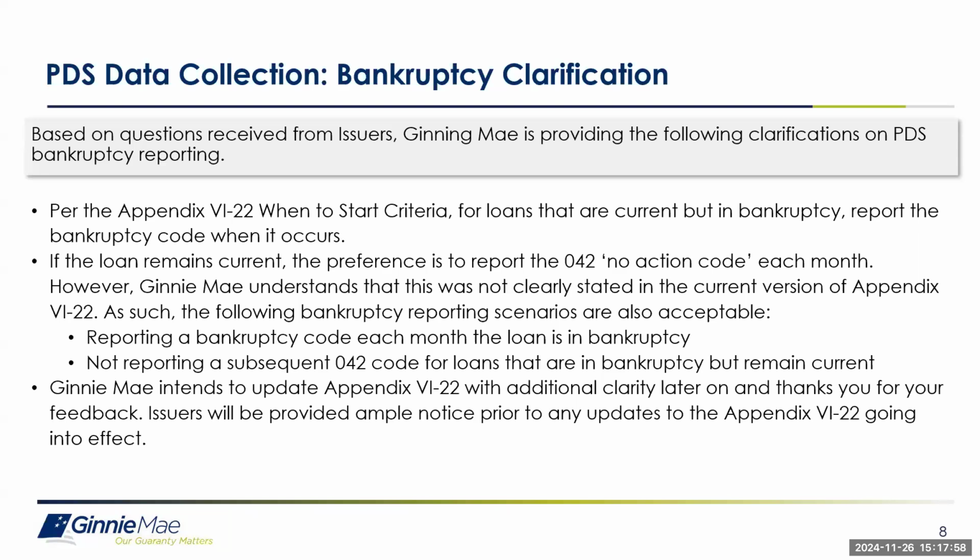But if we're looking at this as an event-based reporting, if we've got an active bankruptcy or an active foreclosure, which is a one-time reporting code that we report, let's say we're 6 months down the line from our reporting going active. If we report that a bankruptcy or a foreclosure took place, it was initiated within the month that it was activated, and then we fall back to reporting a 42 for the duration of that bankruptcy or that foreclosure, it looks as if no activity is taking place on those loans, even though they are active in bankruptcy or foreclosure. So I think the distinction between going back to a 42 when we're referring to bankruptcy or foreclosure,